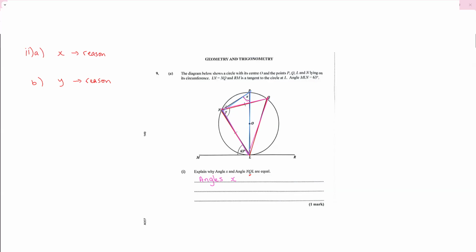So angle X is actually angle NPL, right? So that's just in case they didn't label it with a letter. So angle X and angle NQL,